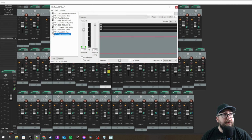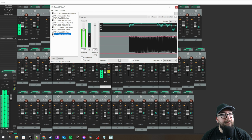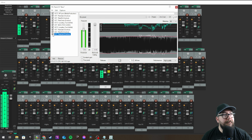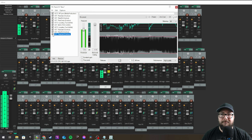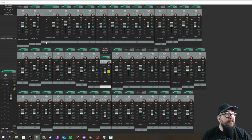And finishing it all off, we've got a limiter with the threshold set down at negative 5.8 decibels. That just brings the overall volume of the whole bass track up, which, you know, it's not very dynamic, but we're playing metal here. Who needs dynamics? In the context of the drums as well, we have